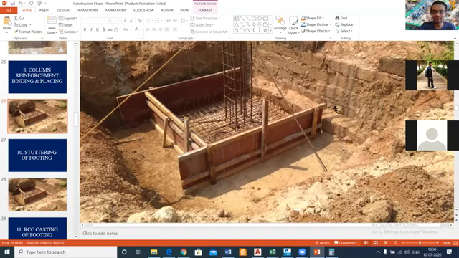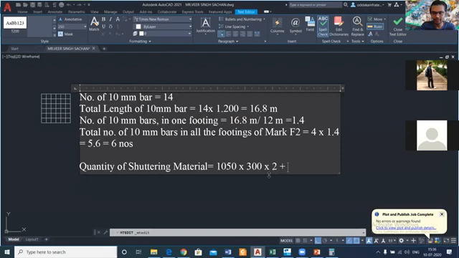So total 75 into 2, that is 150. We just add it to 1050, for understanding, into 300, the depth is the same, and into 2.